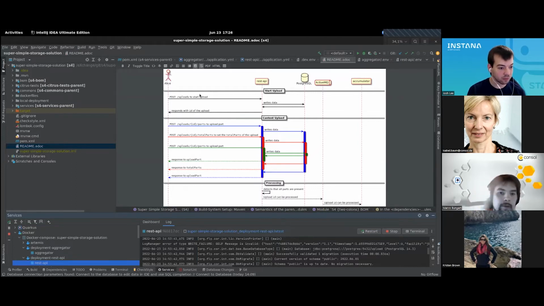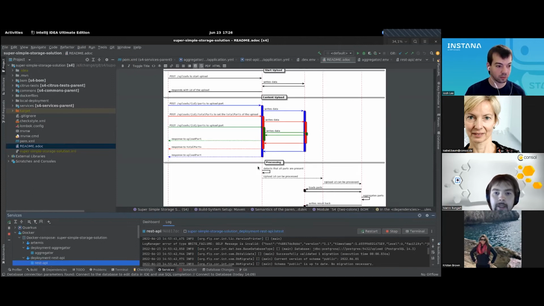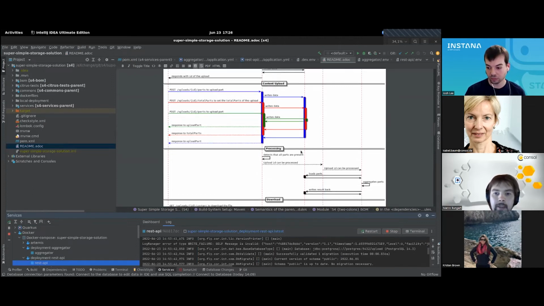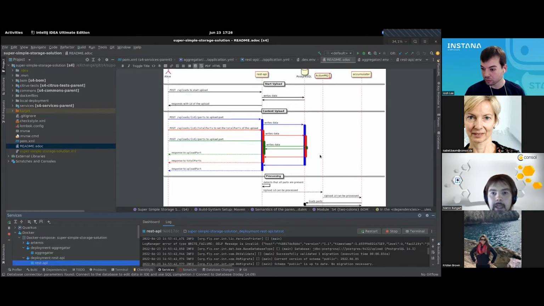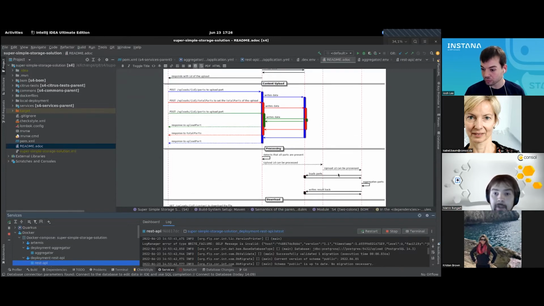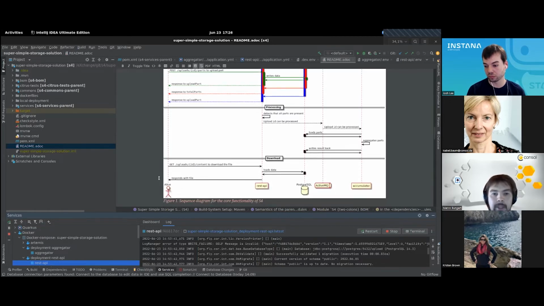And somewhere down the line, you're going to tell the backend, oh, by the way, this upload is going to have, for example, 20 parts. And when these 20 parts have arrived, the REST API is going to notify an aggregator service through, in this case, an ActiveMQ message channel. And the aggregator service is then going to pull all these parts, put them together in a file, and write them back to a database. And finally, our users are able to download the data. So that's the application we are going to demo today.